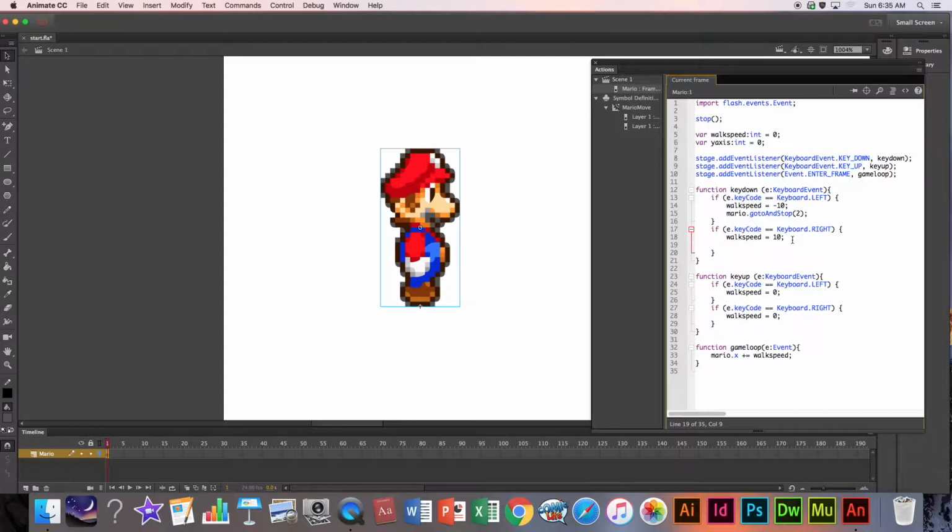Okay, we're going to add it also to the right. Mario dot go to and stop 2. This is going to use the same walk cycle. And there we go. And obviously when we let go of the key, so on key up, we're going to go to and stop on frame 1. Okay, it's going to go back to the original standing still frame,